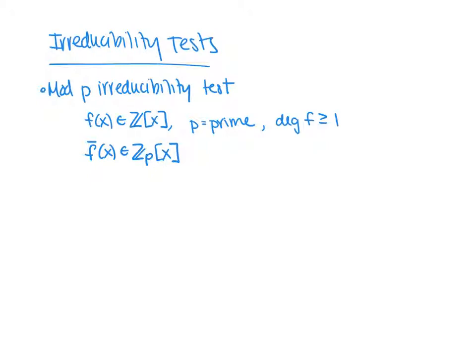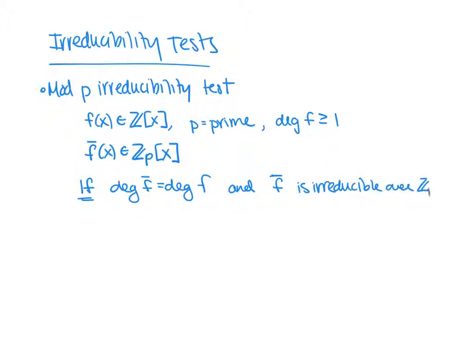Now, if the degree doesn't change when you reduce it, so it's potentially possible, if your leading coefficient is a multiple of p, that when you look at f bar, the degree goes down. But if that doesn't happen, and if f bar is irreducible over Z_p, then f is irreducible